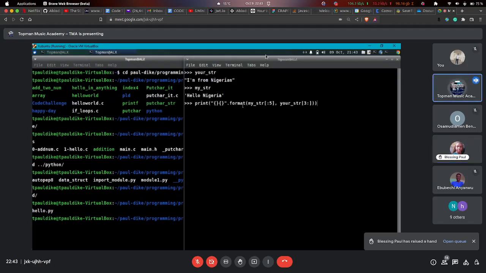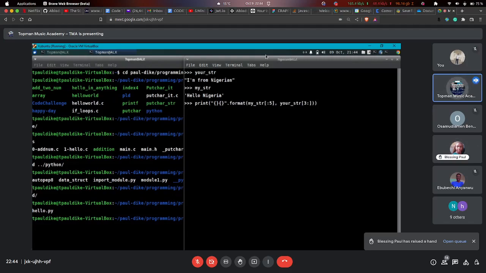Okay. Now, if you want a space in this string here, he would have added a space in between these two sets of curly braces, but he did not add a space there, right? And then